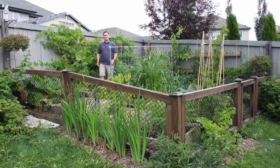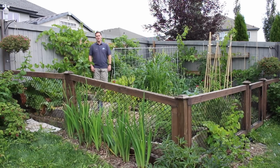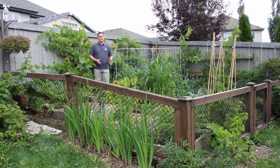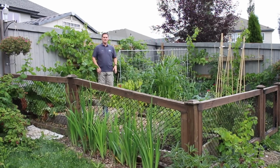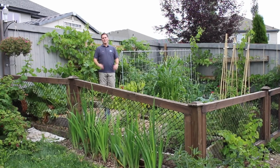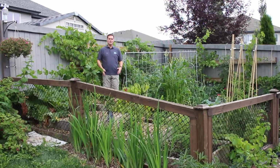Gardening is not only a great source of enjoyment as a hobby for me, it's a great classroom for my son. But aside from these things, it's also a great way to save money. While I've invested in my garden this year, about this time of year it starts to pay me off in produce. So today I thought I would show you a couple of tips that I use to help me save